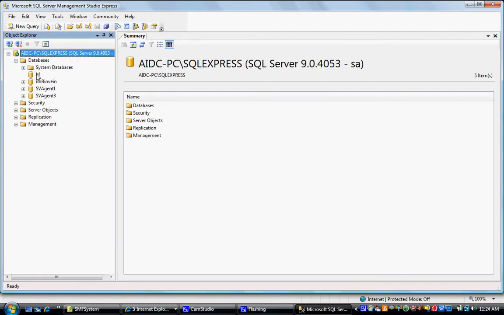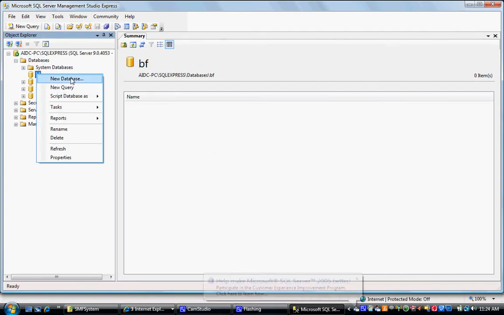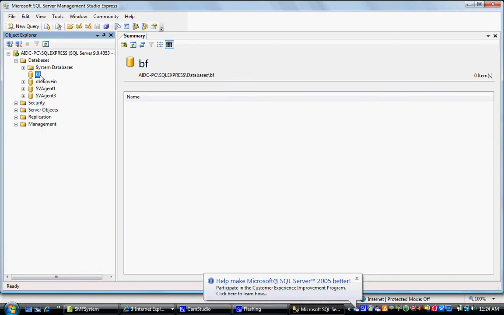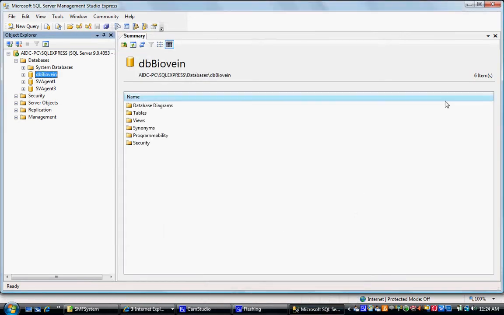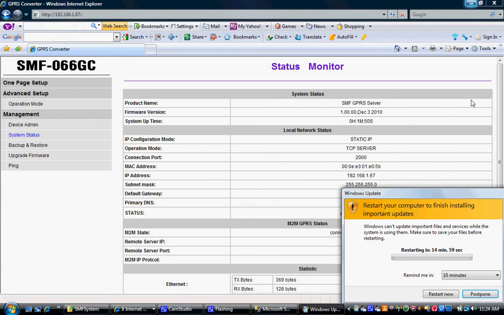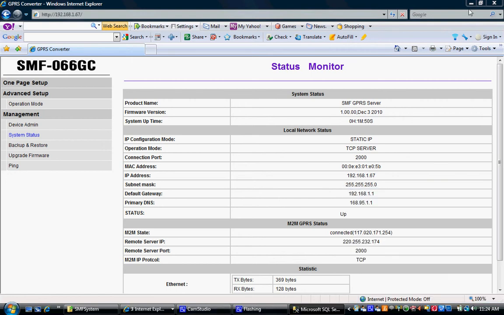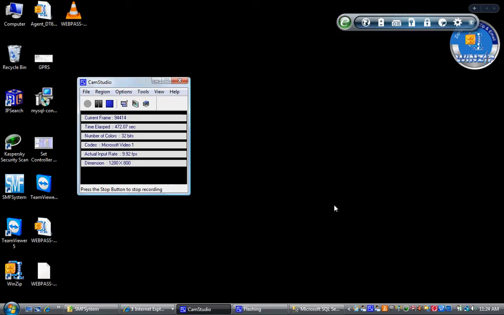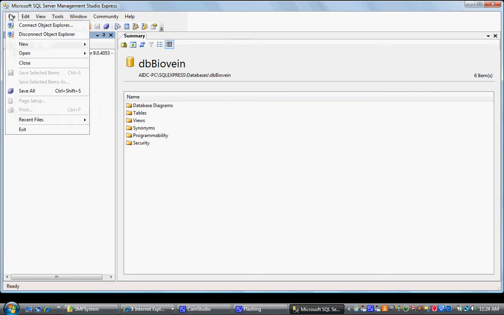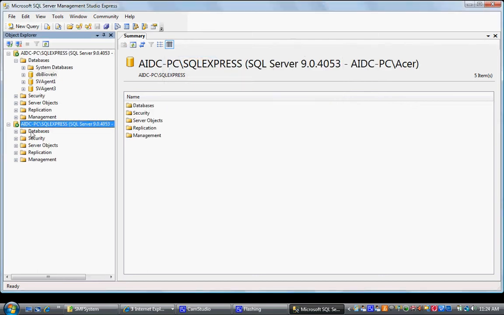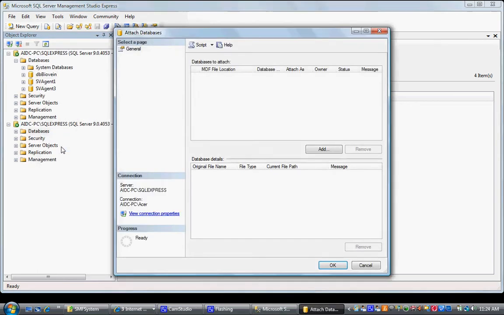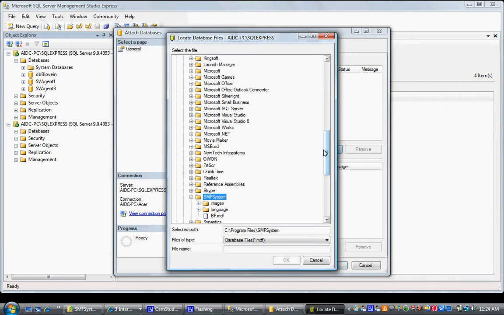Under database, I'll show you how to attach the database. This is the Microsoft SQL Server. We need to go under Windows Authentication, connect, go to databases, attach, add database.